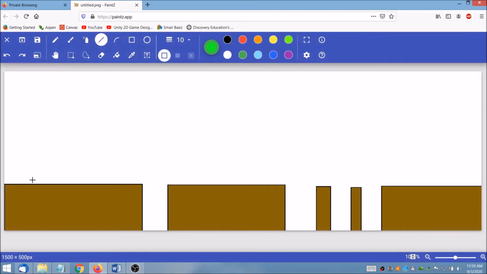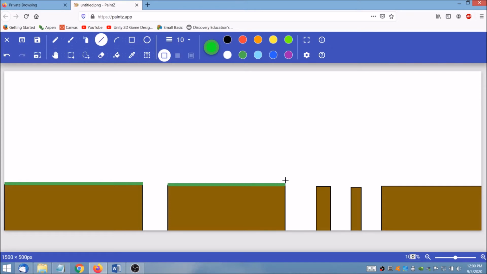Okay, that should do it. I can draw the grass right here, but you know what? If I hold down shift as I click and drag, I'll make the line perfectly straight. This works for vertical lines too, and diagonal lines. So we don't have to worry about trying to draw it perfectly straight because it will do it